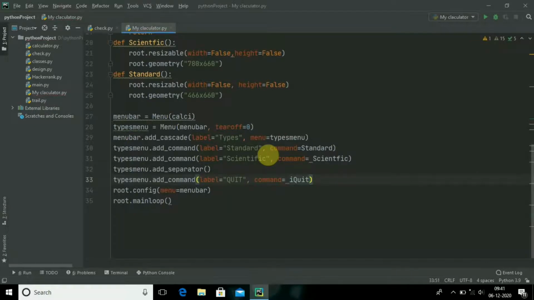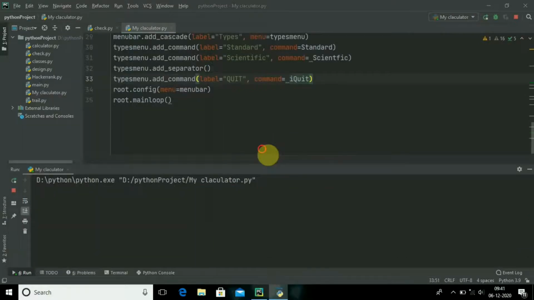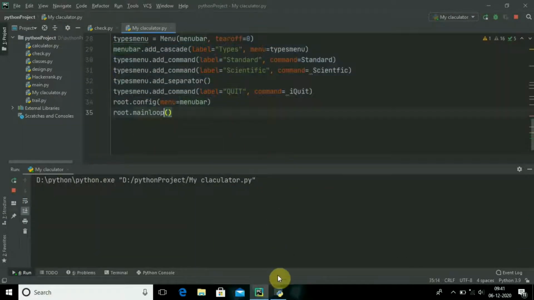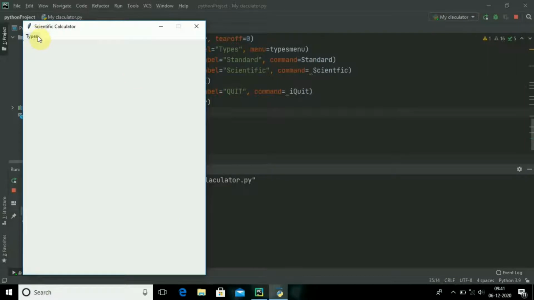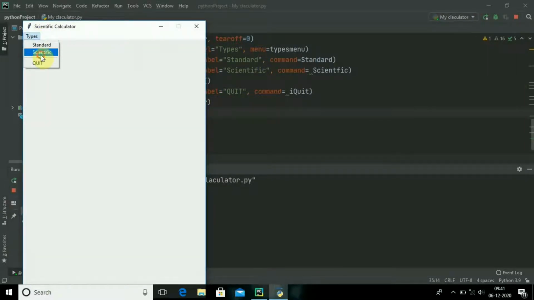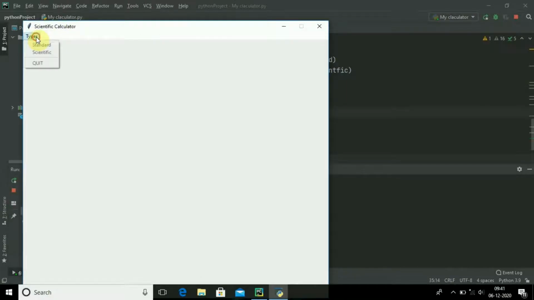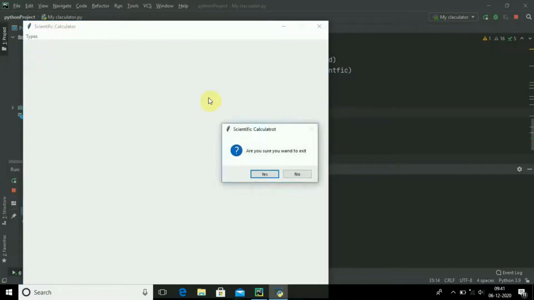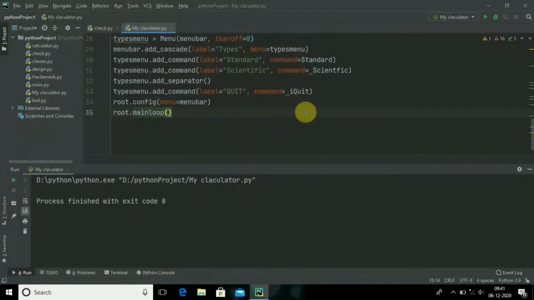I just have to write the command, not call it. So when you run this code, sorry guys, now when you run the types, whenever you click standard, it will show me the standard thing. Scientific, you can see scientific. When I quit, it will ask whether I have to quit or not. When I click on yes, it will quit. Now we have created the menu bar.